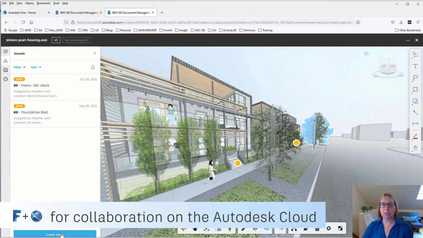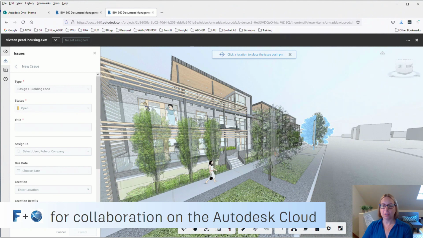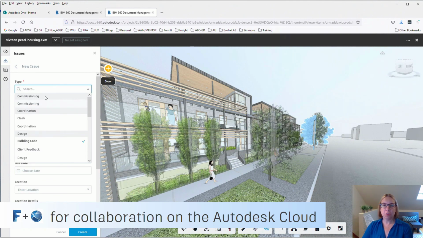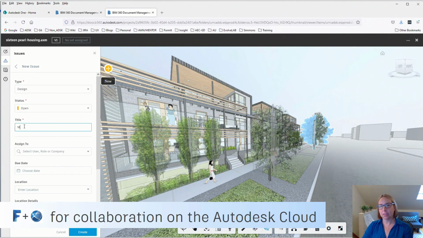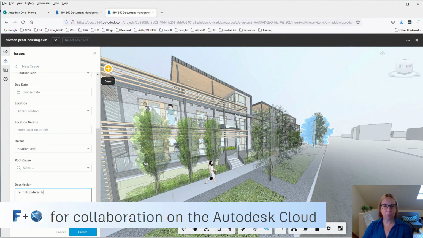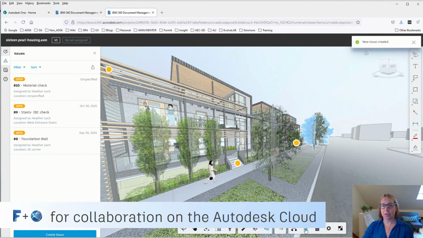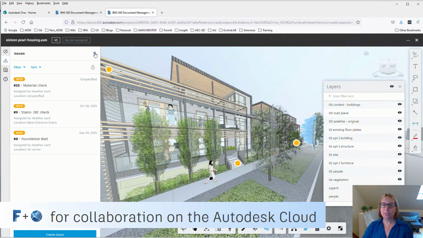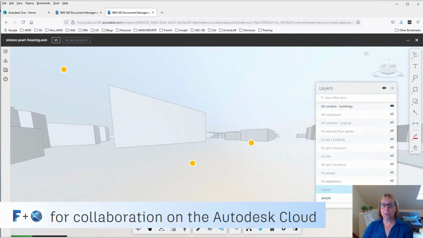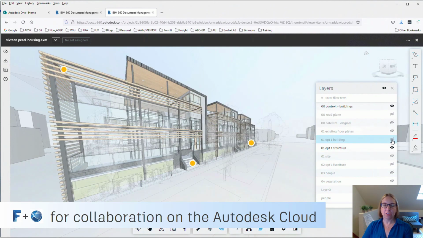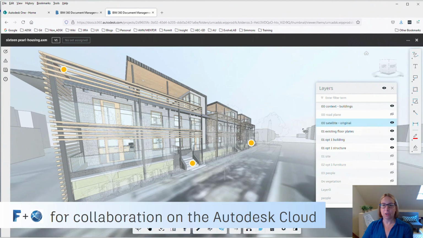FormIt models can be directly saved and opened from Autodesk Docs, and you can use the Docs viewer for markups and issue tracking. Assigning issues allows you to set and track deadlines, assign owners, fill in a description, and add a site photo. FormIt layers can be accessed on Autodesk Docs viewer for additional visibility control. You can also share a link with a client or consultant so they can view, explore, and mark up the